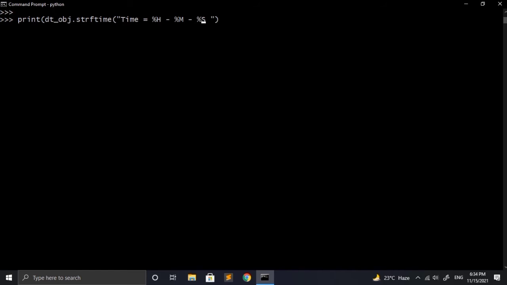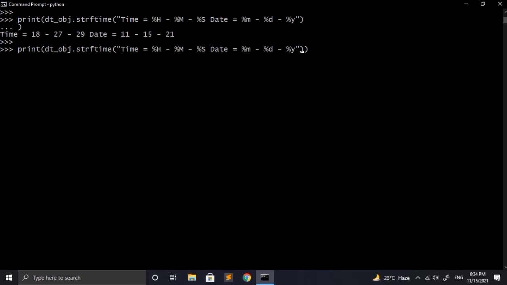These are known as format codes, and for the full list check out the description box. When we use small m, d and y after the percent sign, it means month, day and year respectively. Now when I execute it, you will see the output in the format that I have defined. If I want to display the full year, I can just replace the small y with capital Y, and you will see in the output that it is now showing the full year.